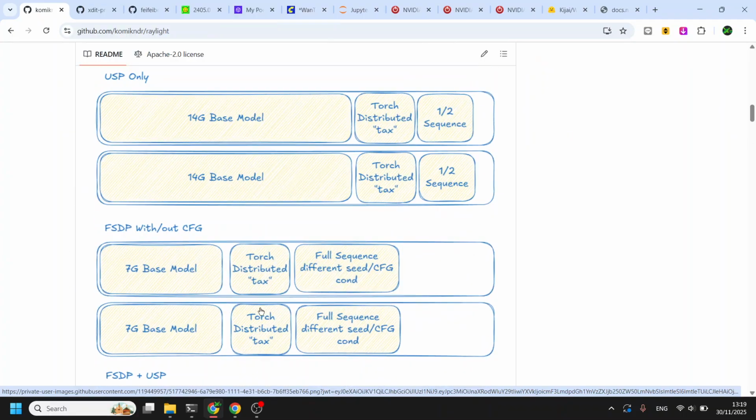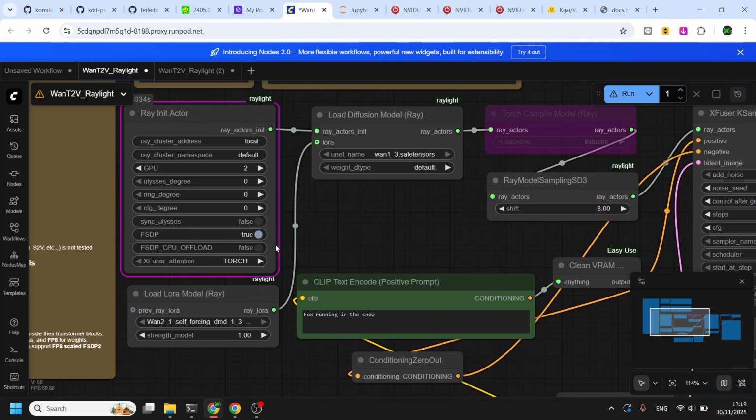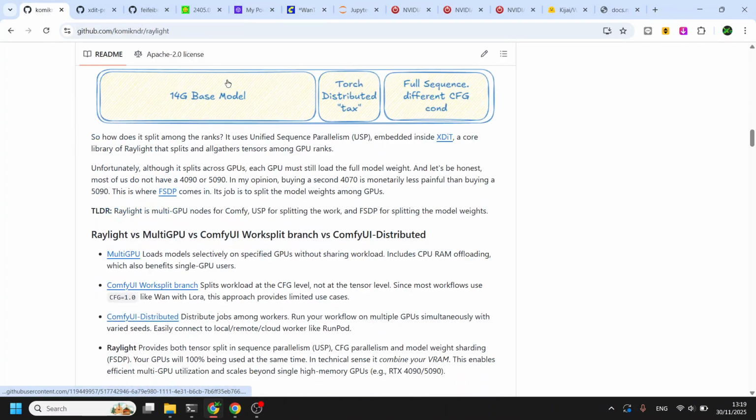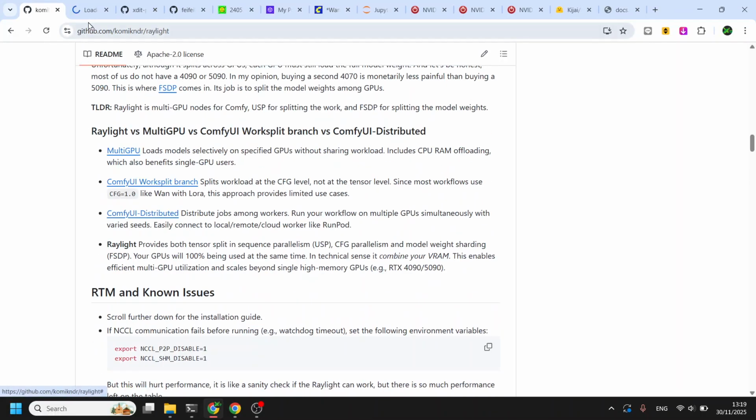So this sets every parallelism to 0 except for FSDP. But you can also disable FSDP and run the full model on each GPU, for example. But if you are planning to do that, I recommend you use this.